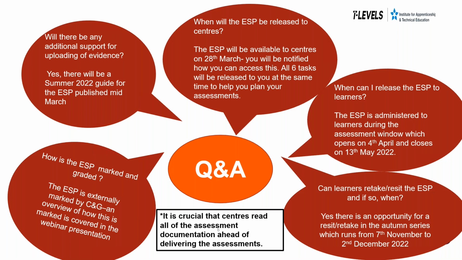The Employer Set Project is going to be released to you on the 28th of March. Now you're going to be notified how you can access this. All 6 tasks are going to be released to you at the same time to help you plan your assessments. There will be an additional support guide, which is going to be published in mid-March, and it's going to be called the Summer 2022 Guide for the ESP, and that will contain critical centre information